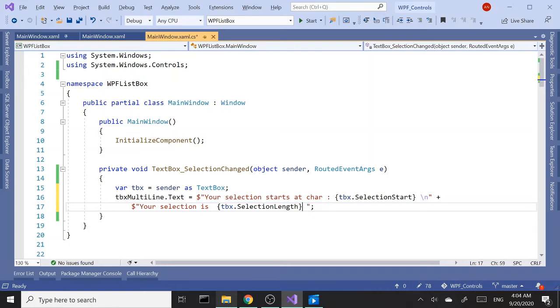Actually no, your selection is this long. We're getting the length here, so this many characters long. Another line break,